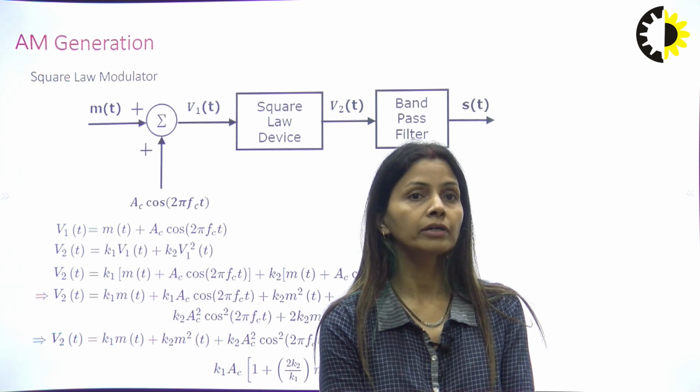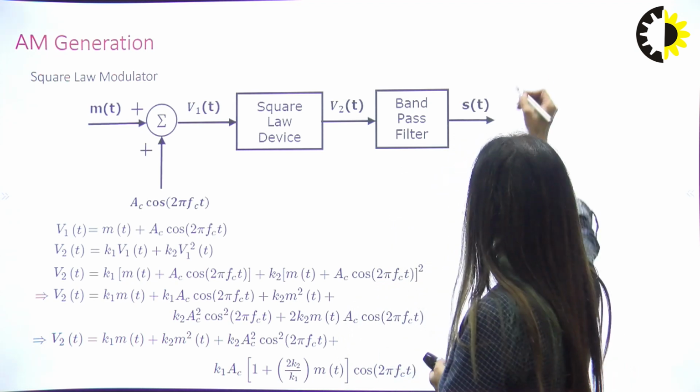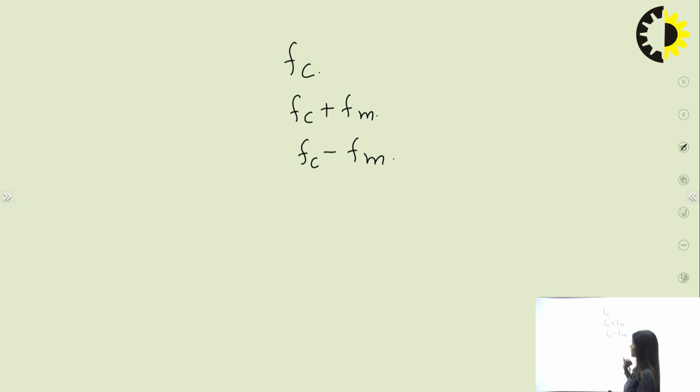First is the carrier power or the carrier frequency component, that is the FC component. The three components are FC, the carrier, and FC plus FM and FC minus FM. So we have already calculated the power of the carrier wave PC,